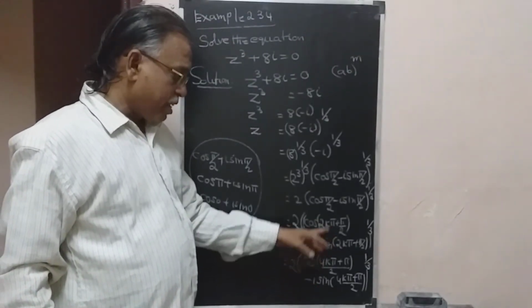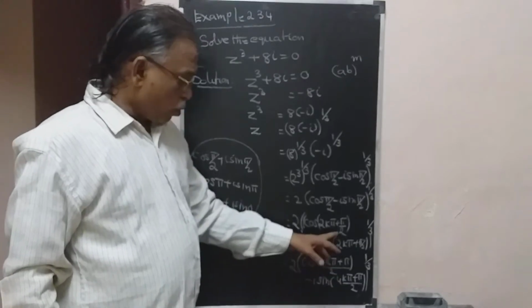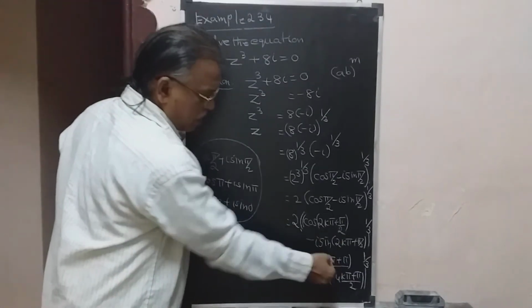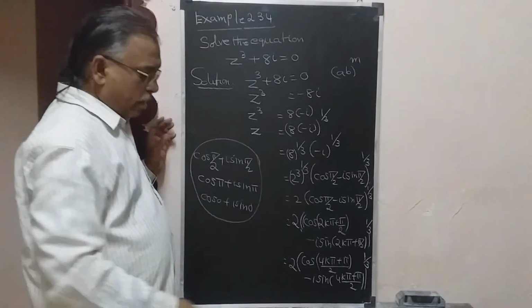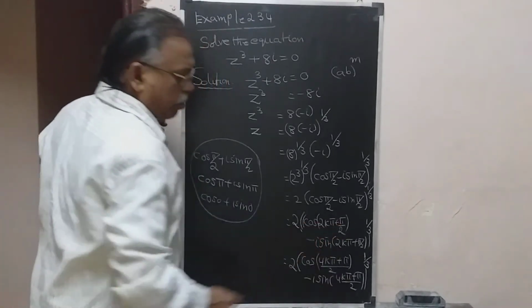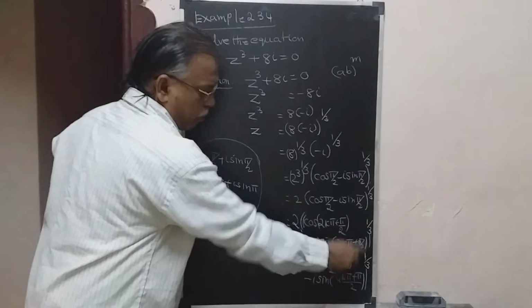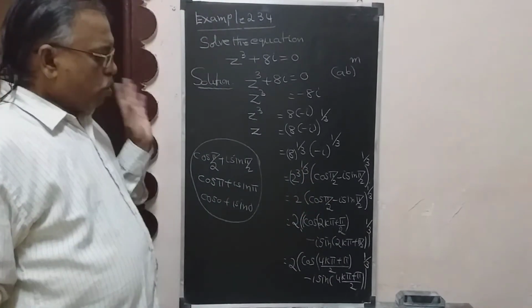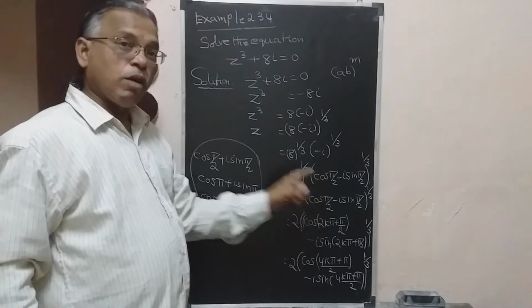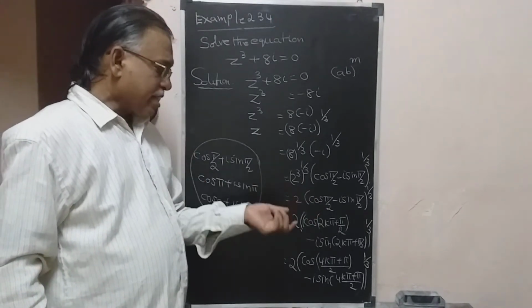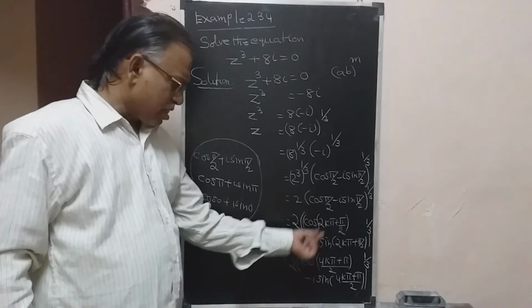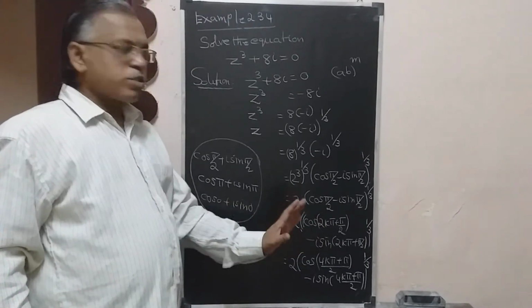This is not the third step, just an LCM step, that's it. Now 2 is the LCM: 4k pi plus pi by 2. So cos of 4k pi plus pi by 2 minus I into sin of 4k pi plus pi by 2 whole power 1 by 3. So up to this I finished the second step. Students, this is the first step, the polar form step. The next step is adding 2k pi to the argument, and the step after is just a simplification. So 2 steps I finished.